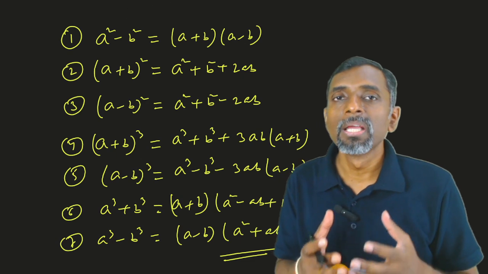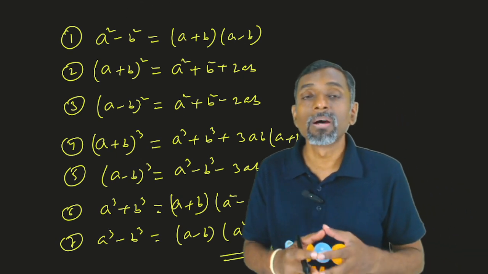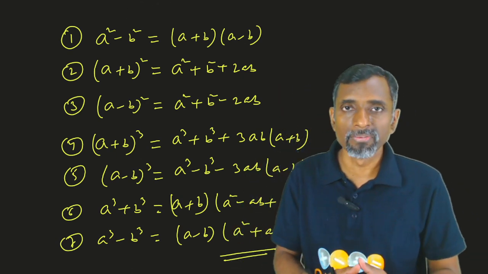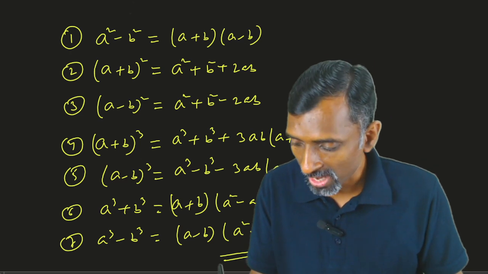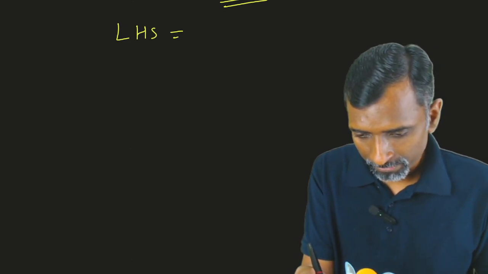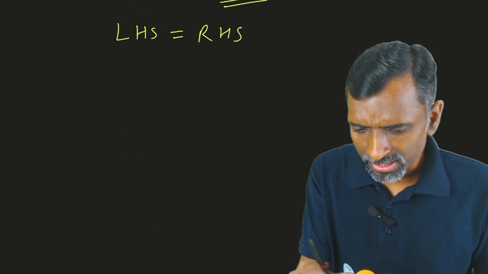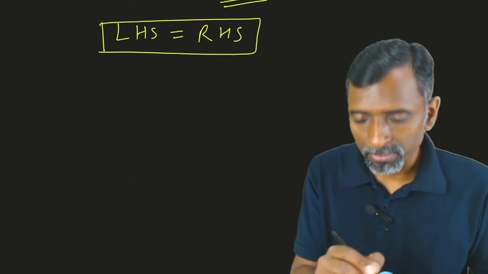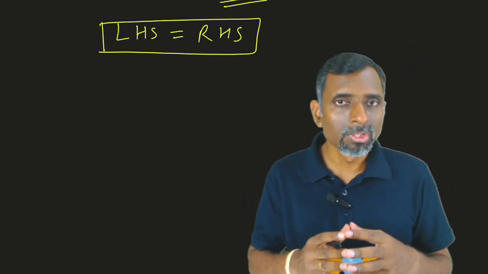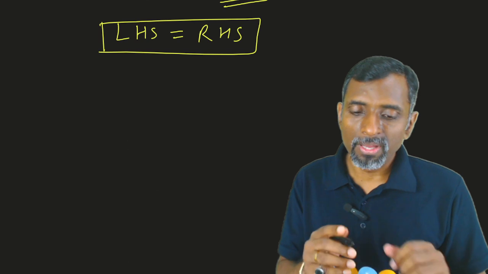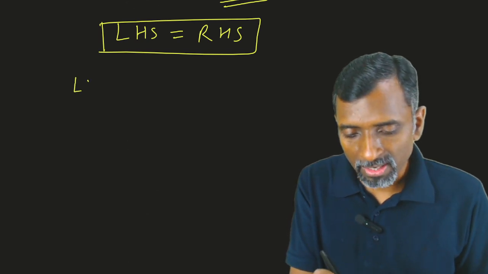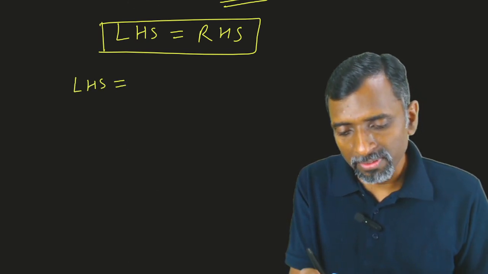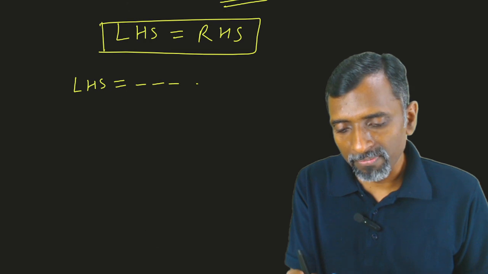Now the question is how to solve, how to start, how to approach a question on trigonometric identity. Always start with the left hand side. When we are doing questions based on trigonometric identity, generally a prove-that question will be asked. So in most of the questions we start with the left hand side.